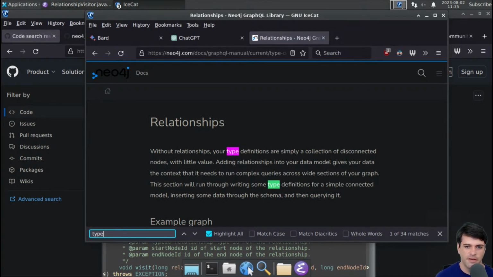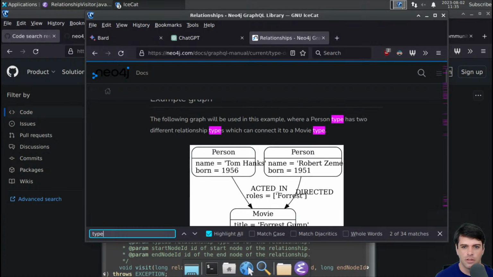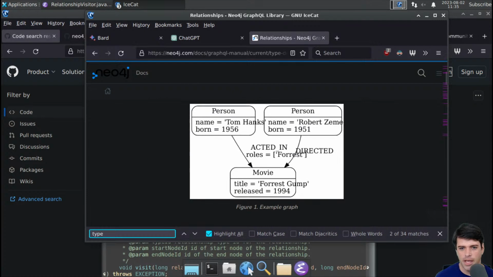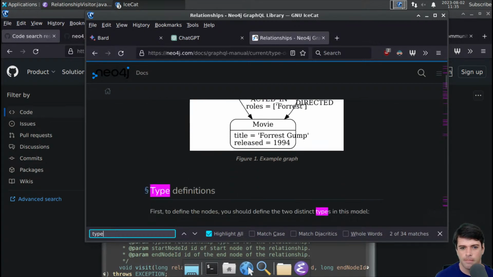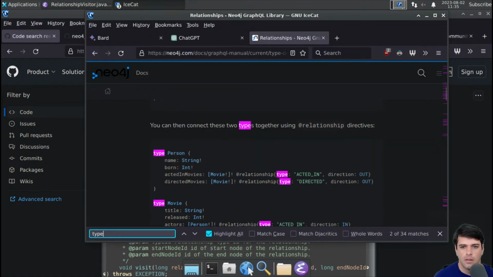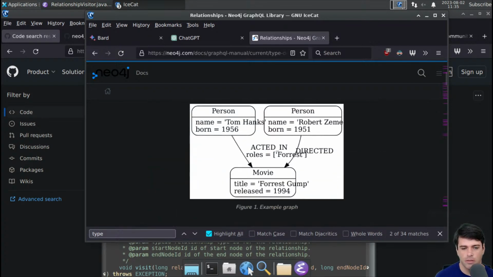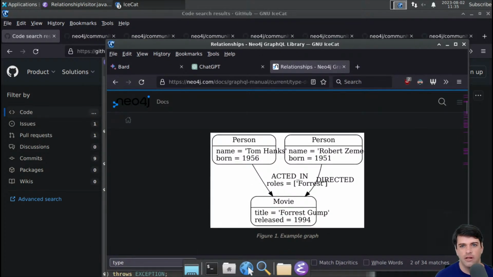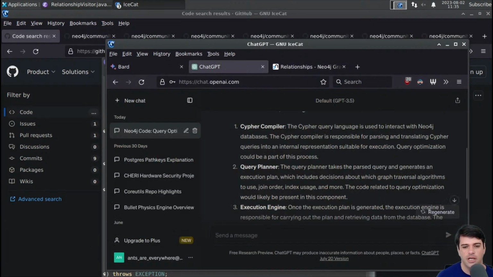Without relationships, your type definitions are simply a connection of disconnected nodes. Oh, I guess the type might be things like acted in. So Tom Hanks acted in movie. So he acted in movies. Or maybe the type is like from actor. Maybe the type is like it would be in something like Haskell, where it's a map from person to movie. At any rate, okay, let me just ask ChatGPT,